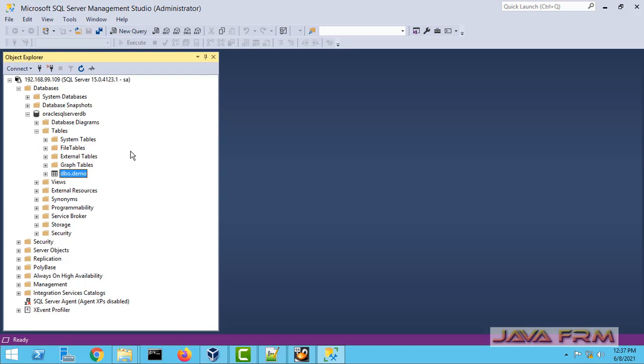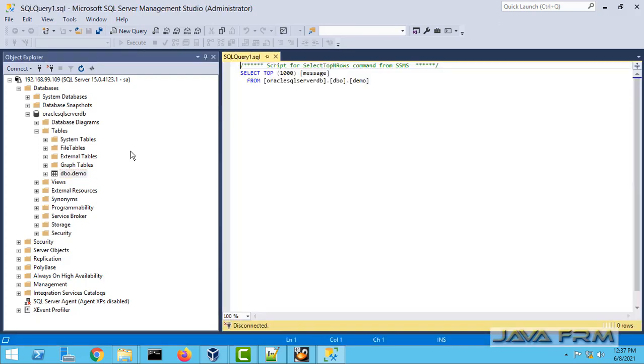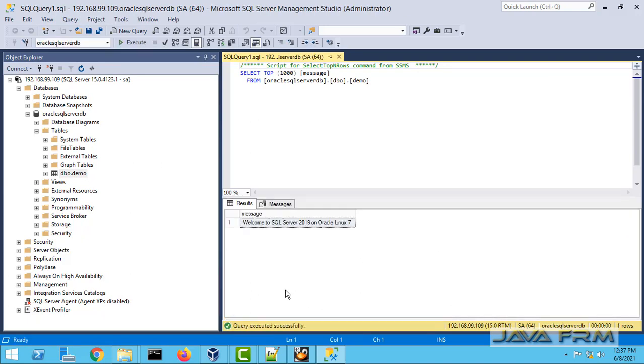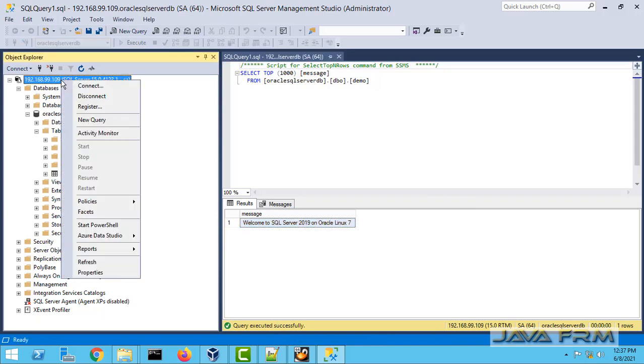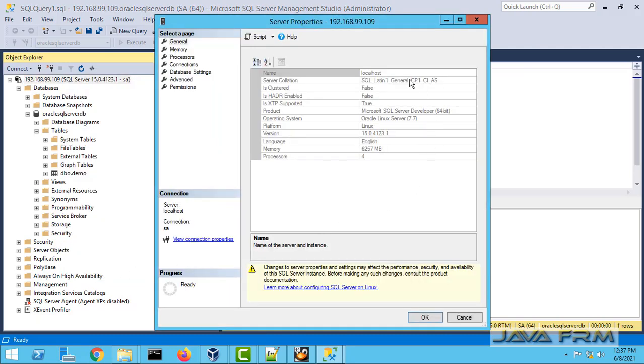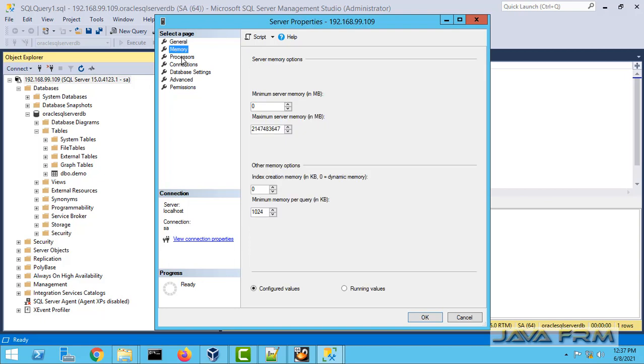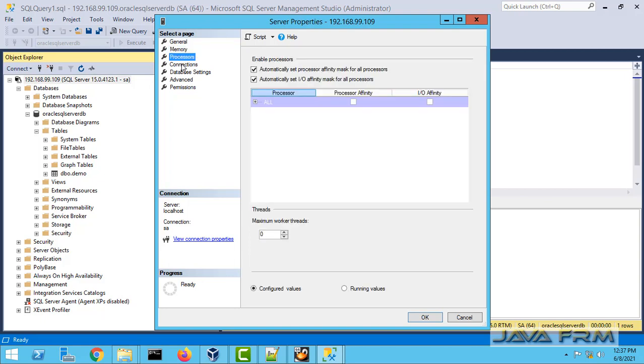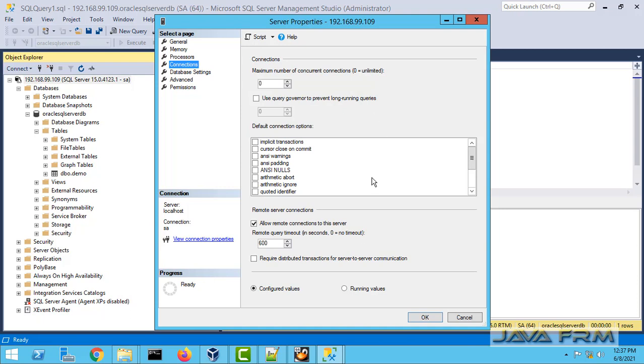Make sure that you unblock port 1433. Optionally, you can unblock 1431 and 1434. Then only you can connect to SQL Server Management Studio that is running on Windows. You can also view the properties of the database, that is other settings and information like OS info, CPU, versions, languages, whatever you want, you can verify here in the server properties.